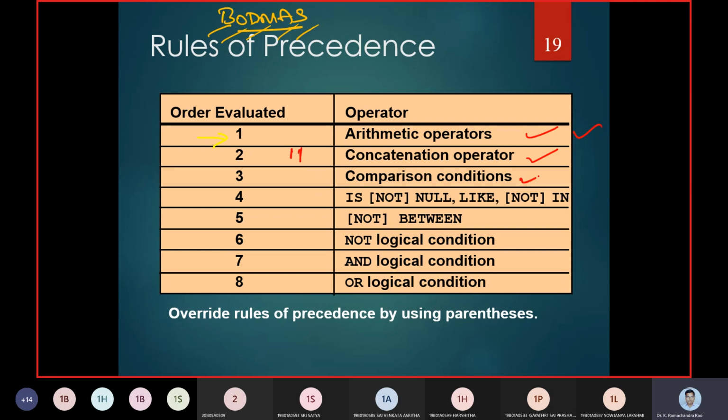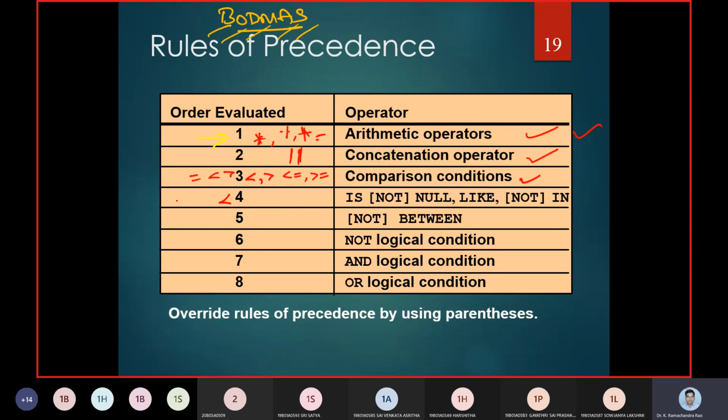Then we have the comparison operations: less than, greater than, less than or equals to, greater than or equals to, equals to and not equals to. In arithmetic operations we use multiplication, division, addition and subtraction. The second priority of evaluation is the pipe, that is concatenation.